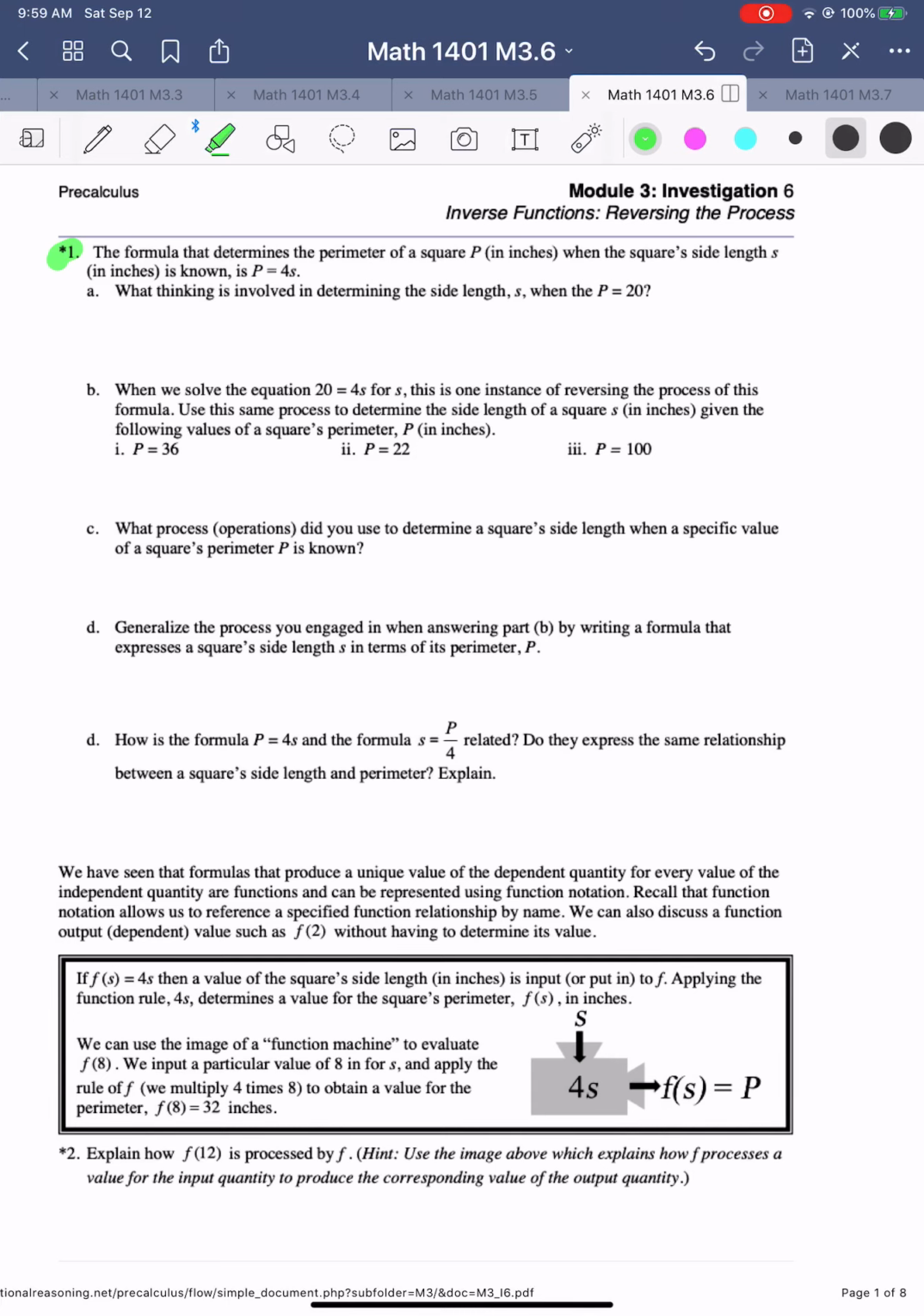Hello, this is Module 3, Investigation 6, Inverse Function and Reversing the Process. So, number 1, the formula that determines the perimeter of the square P in inches when the square side length S in inches is known is P equal to 4S. Okay, so if you want to find out